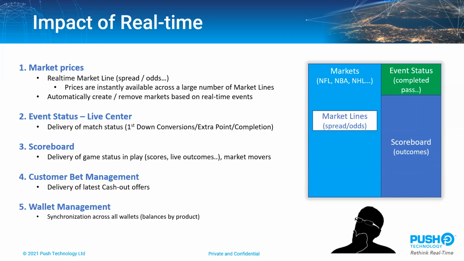And so you see on the right, there could be how information is streamed about markets. Top right hand corner is about the status of that particular event, and then the outcomes inside of the scoreboard, which gives us the next step here of that live center. Delivery of match status, of that event status: how many first down conversions, when do they occur, extra points, completions. And so really giving opportunities inside of the market lines to provide additional betting opportunities and improving customer satisfaction